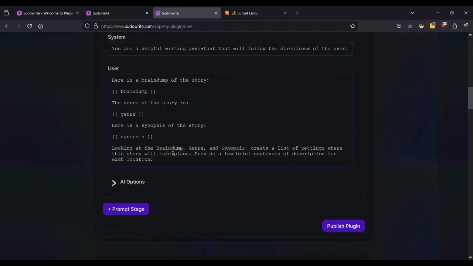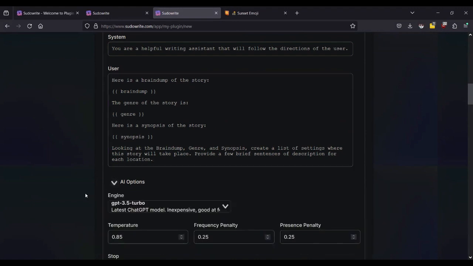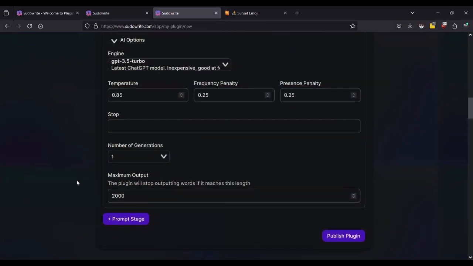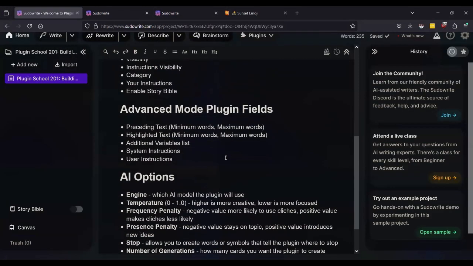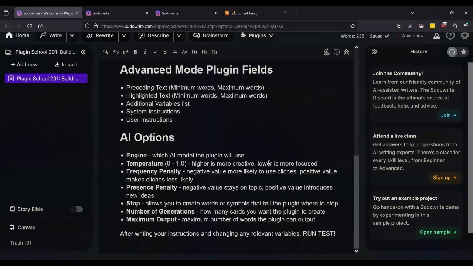So this is how it looks when it's sent to whatever model you use to run your plugin, which is what we'll get into next under AI options. We're going to toggle this by clicking on the little arrow. And now you get all of this additional information, including engine, temperature, frequency penalty, presence penalty, stop, number of generations, and maximum output. I'm going to switch back to my document over here